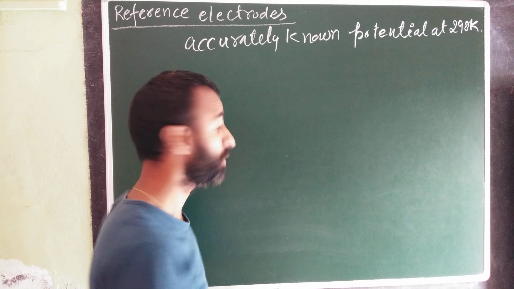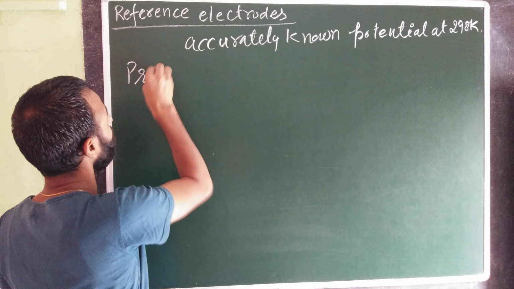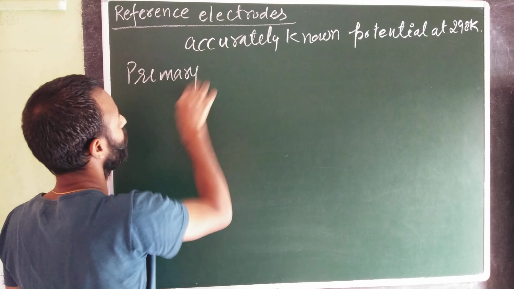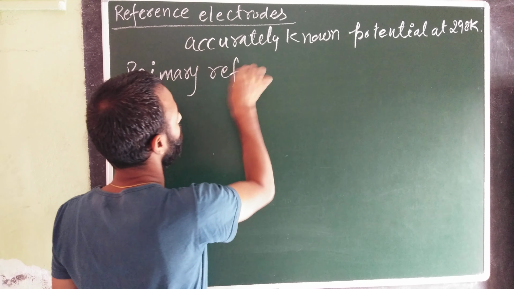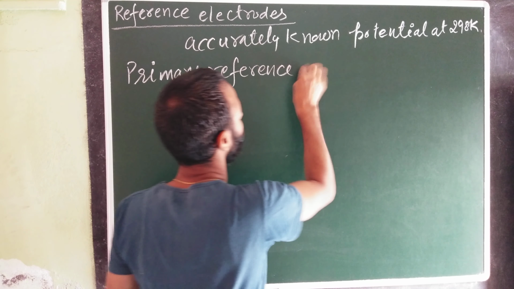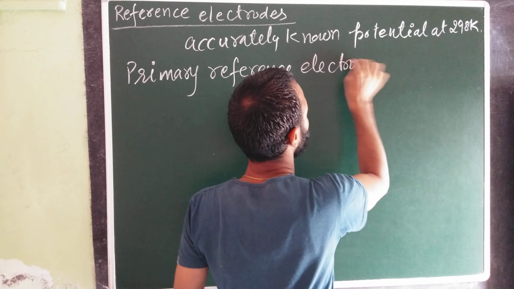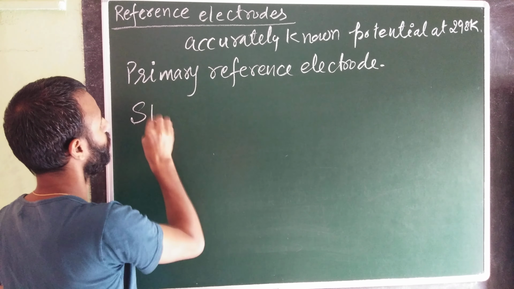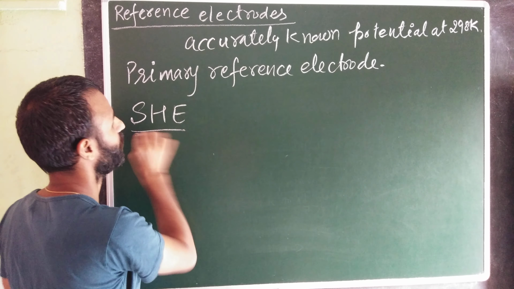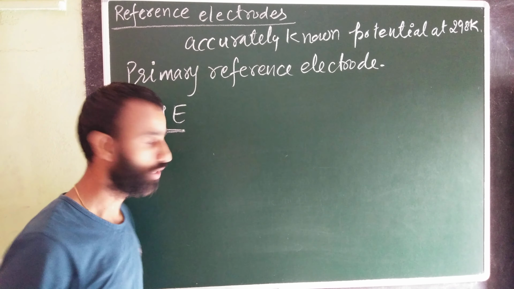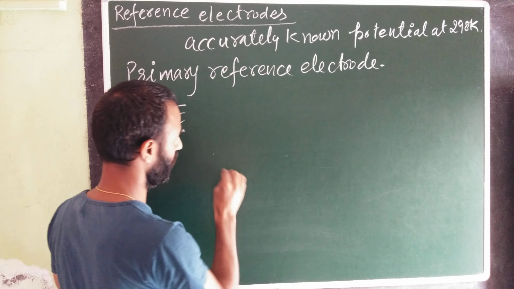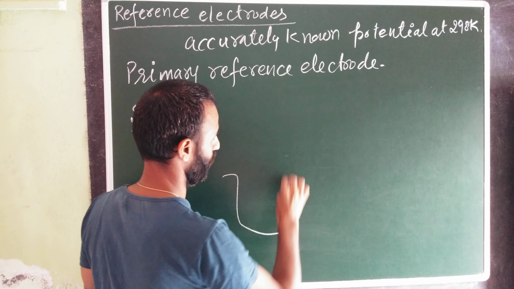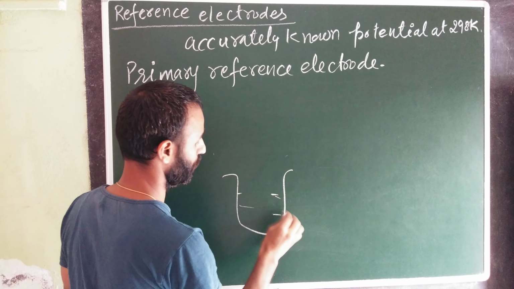There are two types. First is primary reference electrode. I think this primary reference electrode is known to everyone. What is primary reference electrode? That is standard hydrogen electrode, SHE, standard hydrogen electrode. In this electrode, we have 1 molar concentration